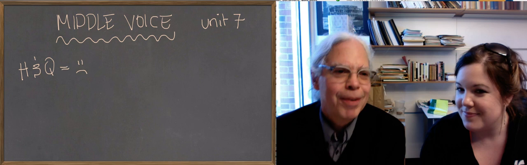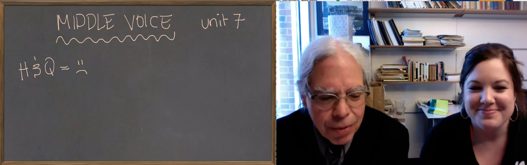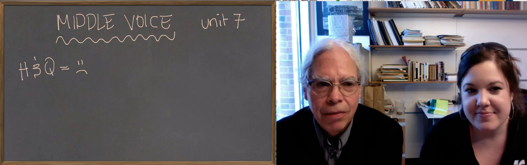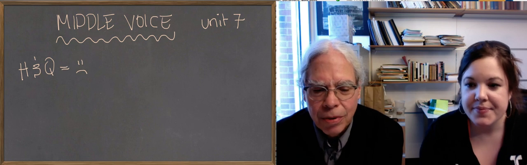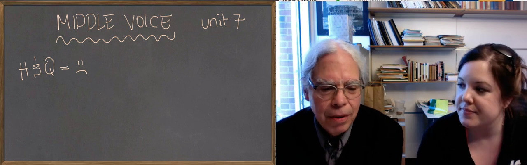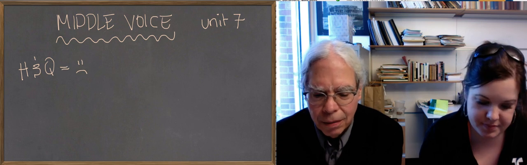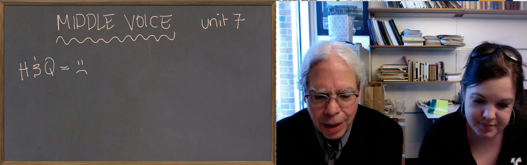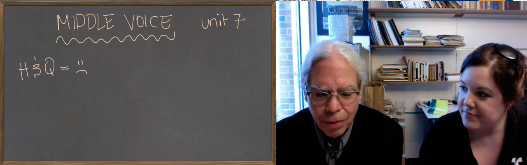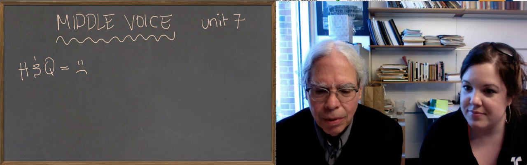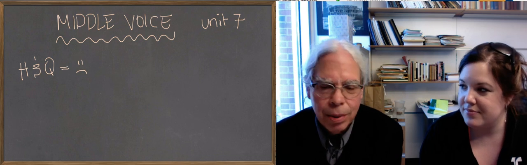I like your note. It seems to say, okay, so there's the active, we understand that, and there's the passive. So the middle should be something in between. And if you think of the active as I throw the brick, and the passive as the brick is thrown by me, well, what's the middle thing in between going to be?